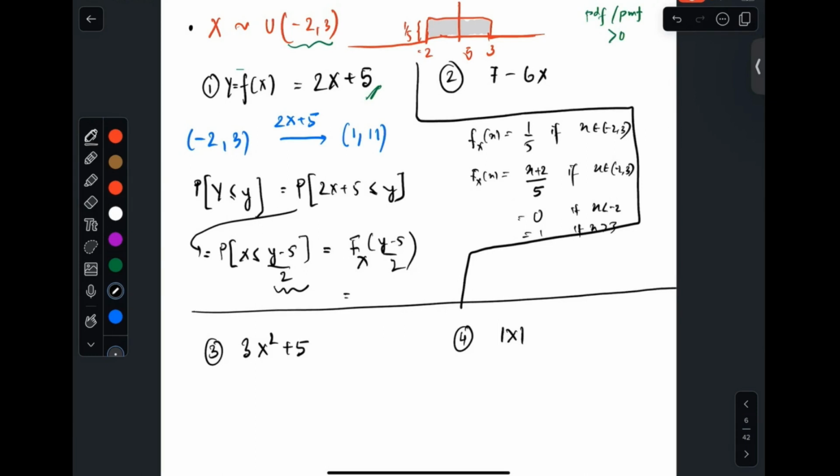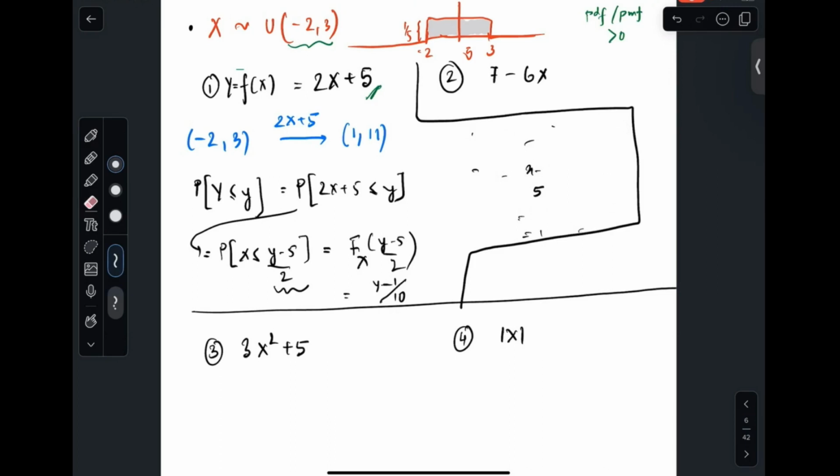So if you replace it here, what will you get? The capital F of x is this. If you replace it here, you will get ((y minus 5) by 2 plus 2) divided by 5, which turns out to be (y minus 1) by 10, right? Let's erase this one. And you can understand that (y minus 1) by 10 is a CDF, right? Now if you differentiate it, you will get